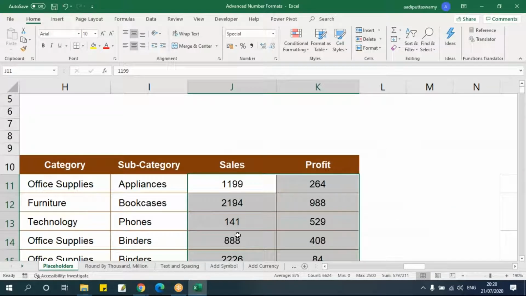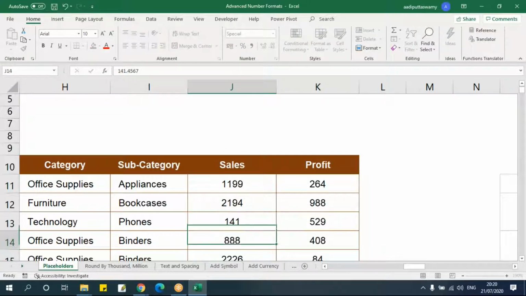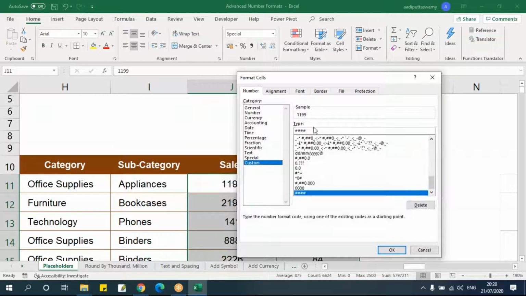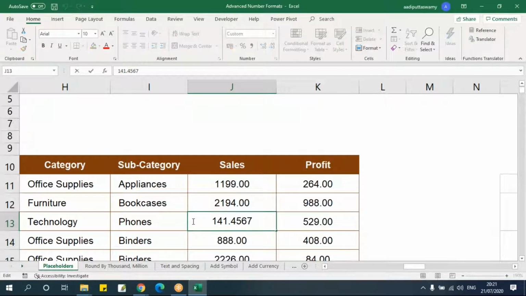I'll get something like this. But here the problem is, let's say I have a decimal number like this. I'll not get that 0. Let me put the decimal number dot 00, and if I don't have any decimal, say a whole number, then I'll get something like 0.46, because hash will not take the zeros.